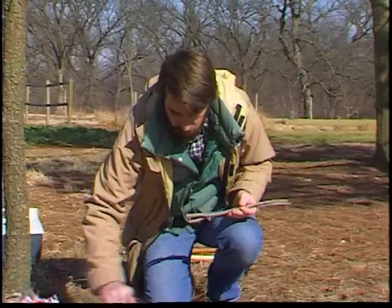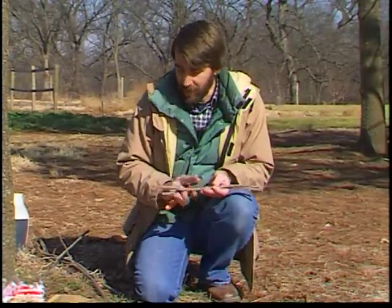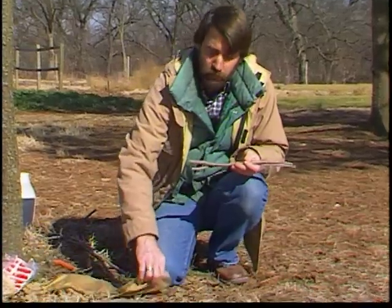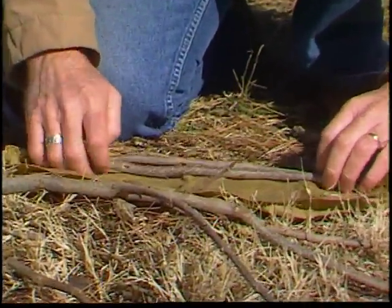Now, several points to remember about the graft wood. For one thing, make certain you don't get it mixed up. If you're cutting several different varieties, make sure each bundle is labeled. To store them, you need to keep it from drying out, and you need to keep it cool so it stays dormant. The easiest way is to